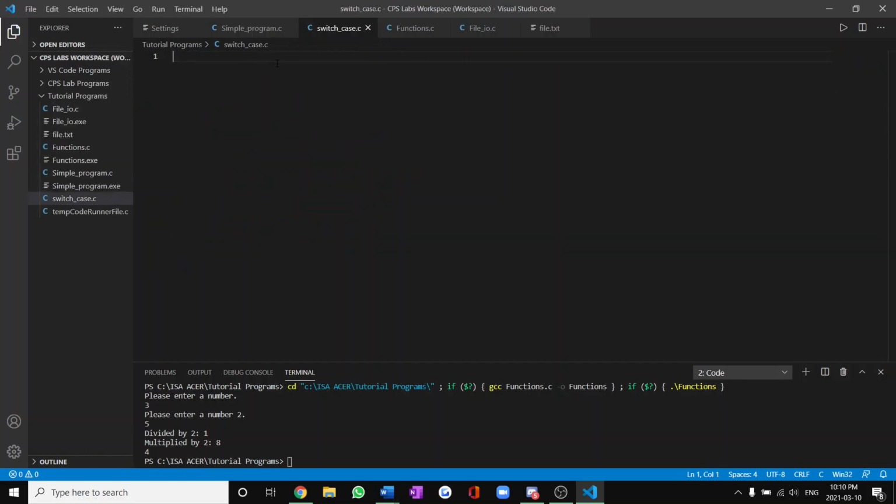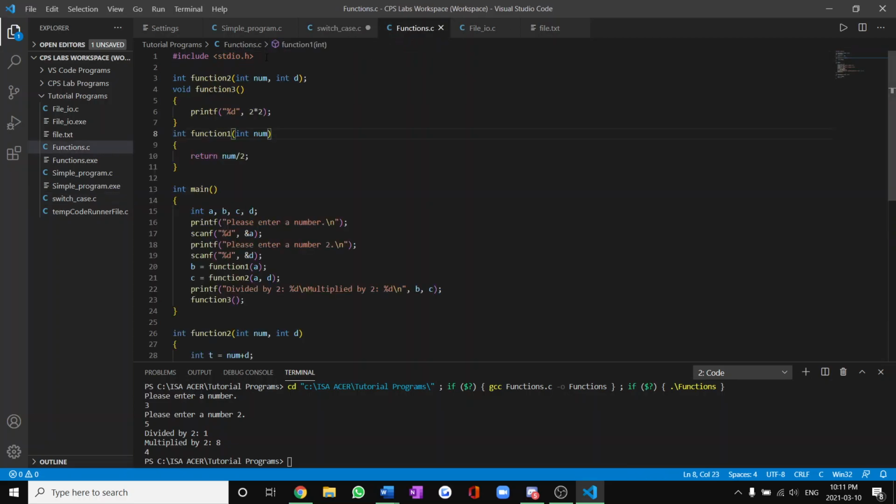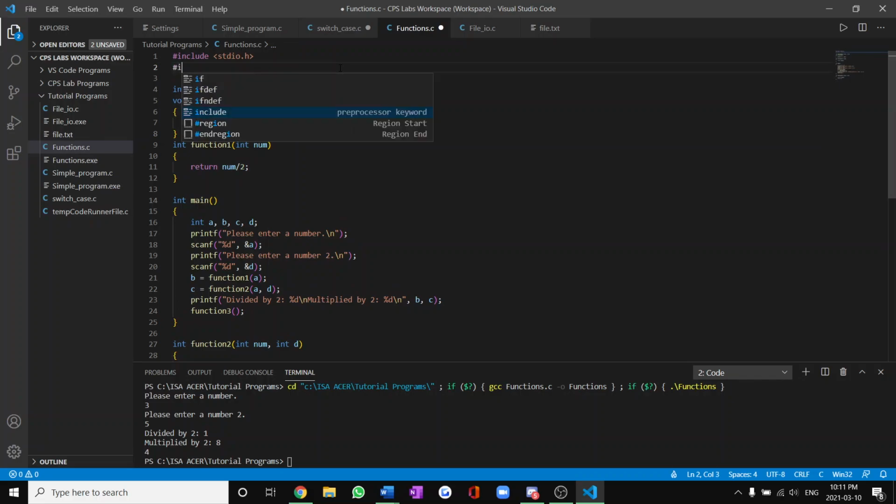Something I forgot to talk about is you always want to have this at the top. I'm pretty sure everyone knows that by now because you wouldn't have made a single program without it: you want to have #include <stdio.h> at the top. By the way, something like if I put #include <math.h> here,